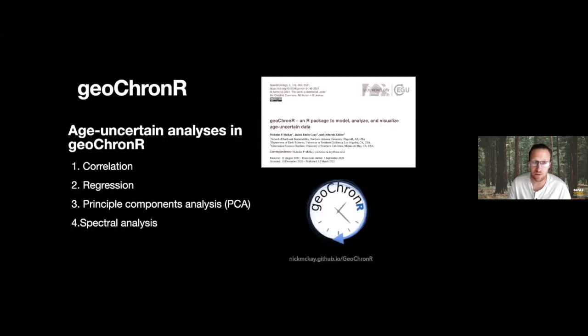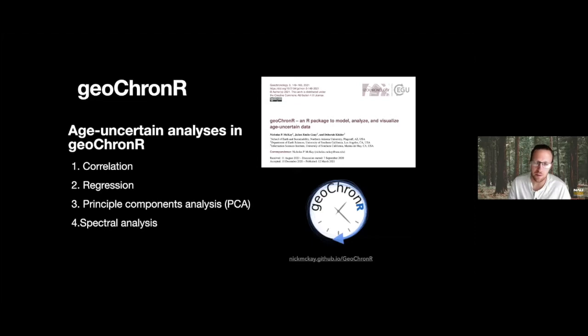So just to review some of these tools and other things that are happening in this space which are relevant to this. geoChronR is an R package which interfaces with other existing age modeling tools in R primarily.